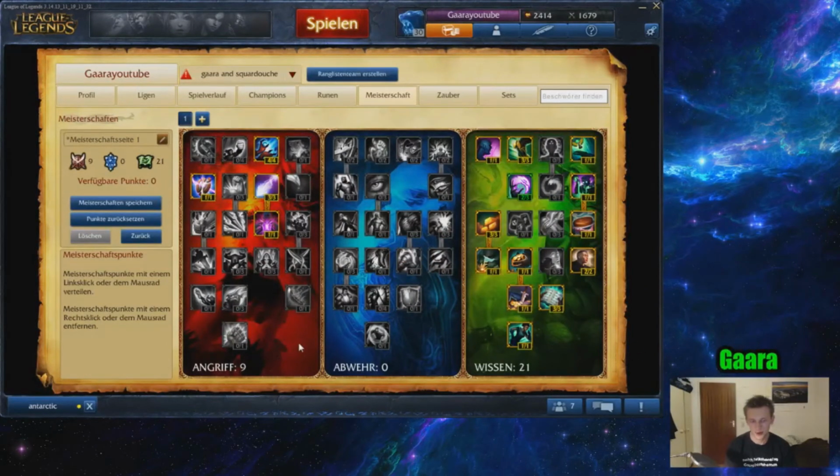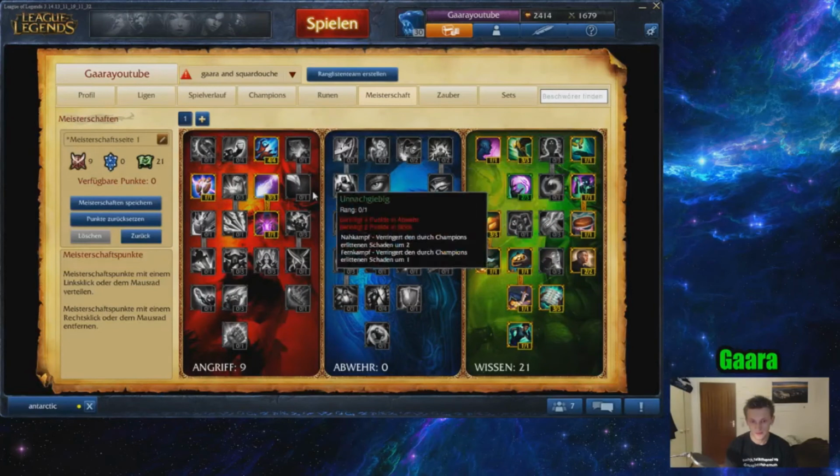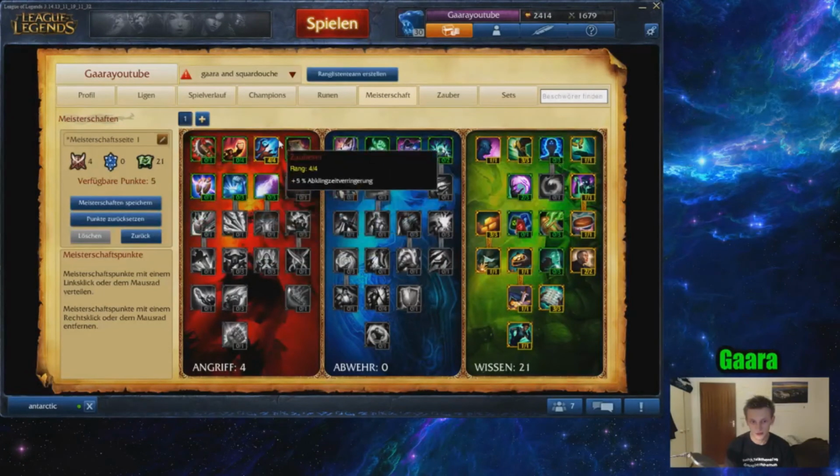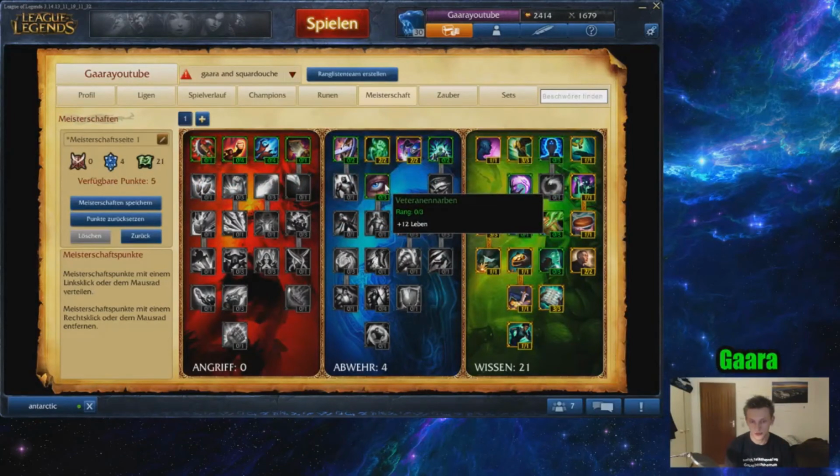And the reason why I put my points into the attack tree instead of the defense tree is that I think you get way more value out of your points from the attack tree compared to the defense tree. I can show you here really quickly how I would build as a defense oriented